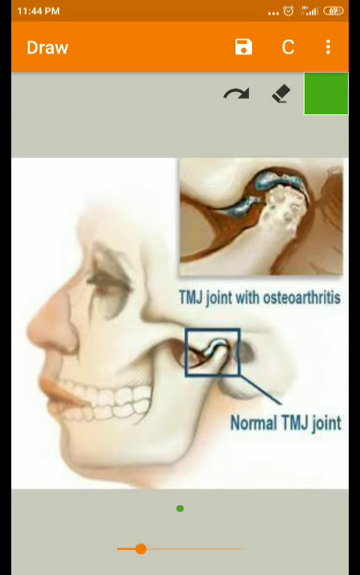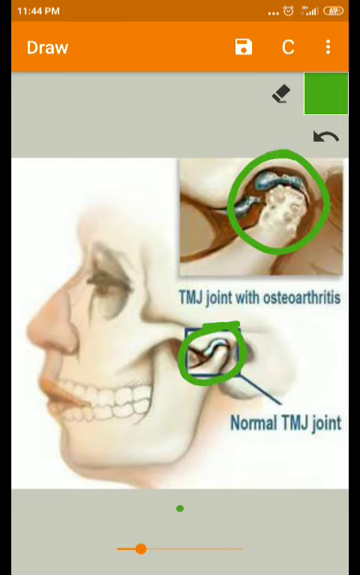Dear students, welcome back. Now we are going to see the osteoarthritis of the temporomandibular joint. 80 to 90% of the population over 60 years of age have some symptoms of osteoarthritis of the temporomandibular joint. Normally, osteoarthritis usually occurs unilaterally,